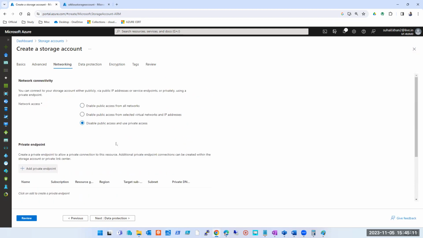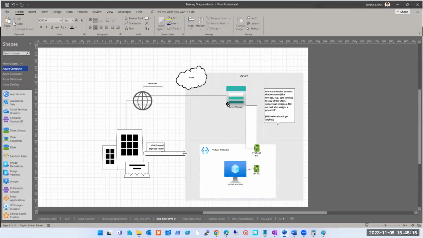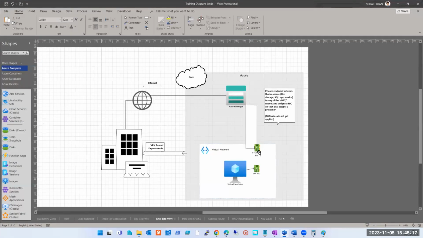The moment I select private access, what happens? The storage account gets a NIC assigned, and on this NIC it gets a private IP. Before this, there is no NIC, there is no IP; it's over the internet directly. Is it clear, guys? The difference between public, restricted, and private.